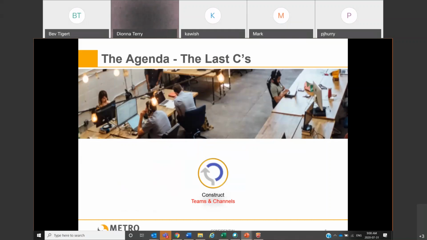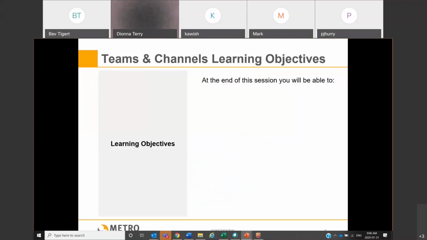So that's going to continue on over here into the last C, which is construct. So when we think about teams and channels, we're really constructing a workspace. We're constructing a workspace for all the people that you'll be working with, whether it's on projects, whether it is an actual team that is created for the whole team that you're a part of. So it's definitely going to be constructing. That's really how you're going to look at it. And what we're going to talk about today is why you would actually build a team and channels. And then we're going to go into the system and actually create them. So we've got lots to cover this morning for sure.